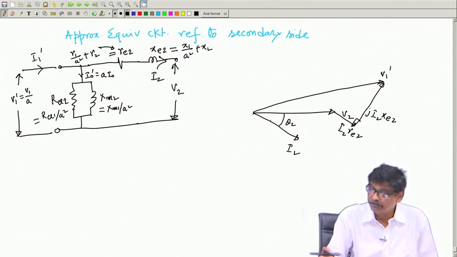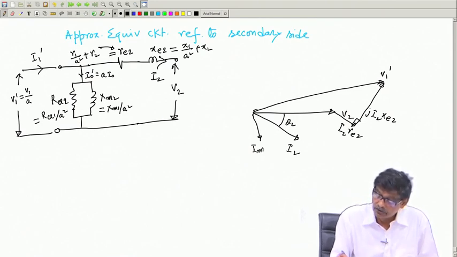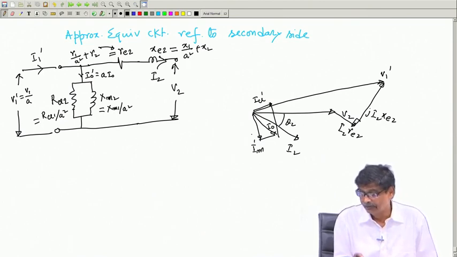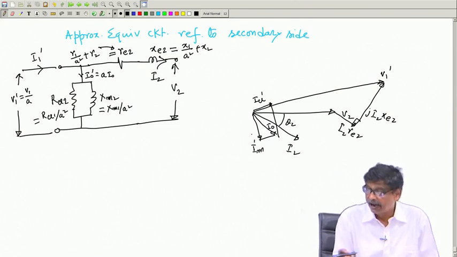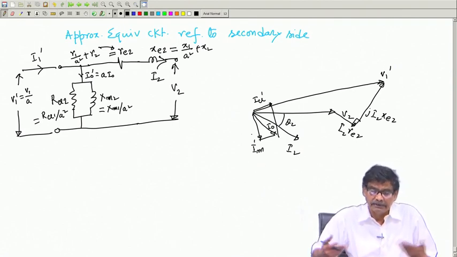You will not get V1, mind you, V1 dashed, and then you can fix where your I naught will be, because V1 dashed by RCL2 will give you the core loss current, and V1 dashed divided by XM2 will give you the magnetizing current, I M dashed and I CL dashed. These two will give you I naught, the same stuff, I do not want to draw it also. So, to I naught you add I2 to get I1 dashed and so on. I will not continue. This way it can be computed.